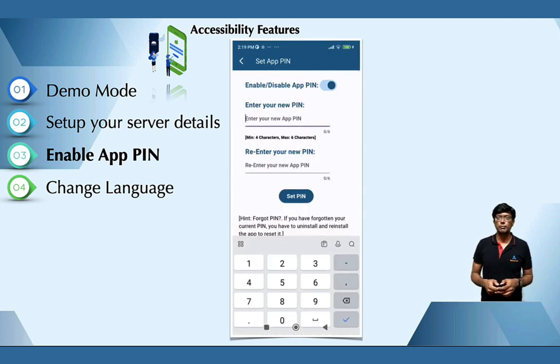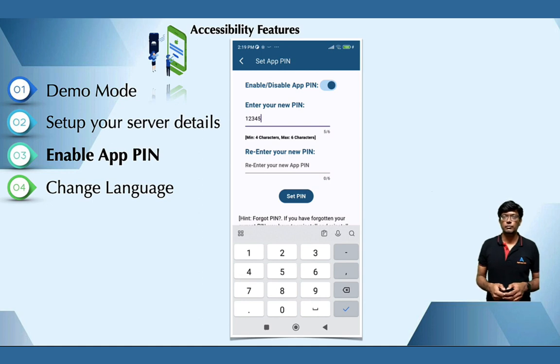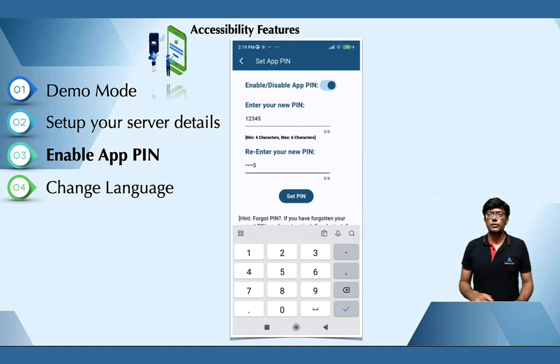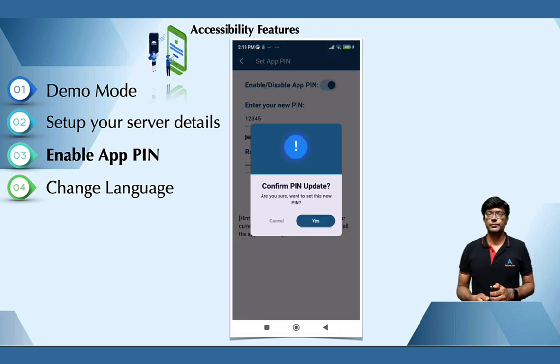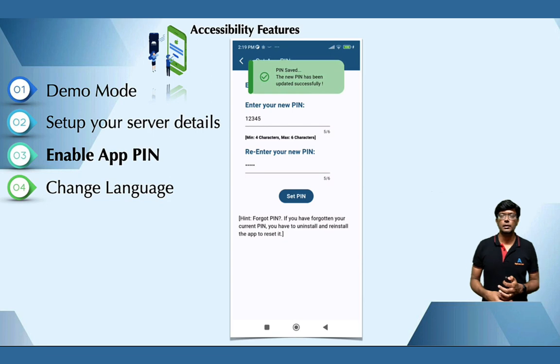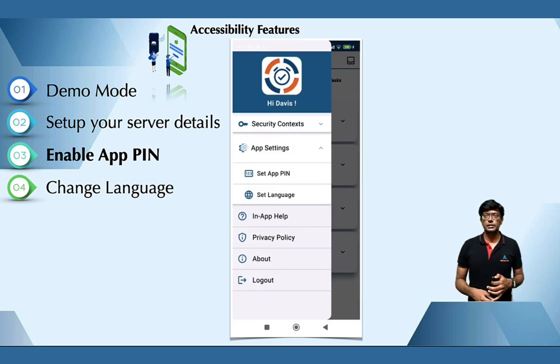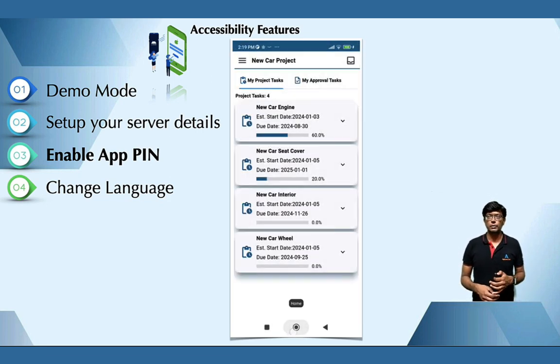Once you enable the app pin, you need to enter a pin of your choice, and you can choose 4-digit or 5-digit or 6-digit. It's your wish. Currently I'm going with a 5-digit pin. So now the pin is enabled. Because the pin is enabled, if I just close the app and then try to open it again,